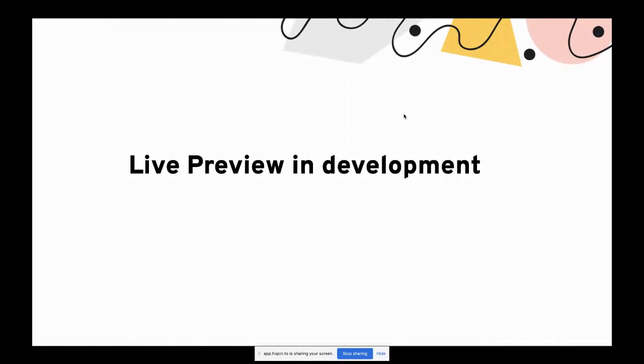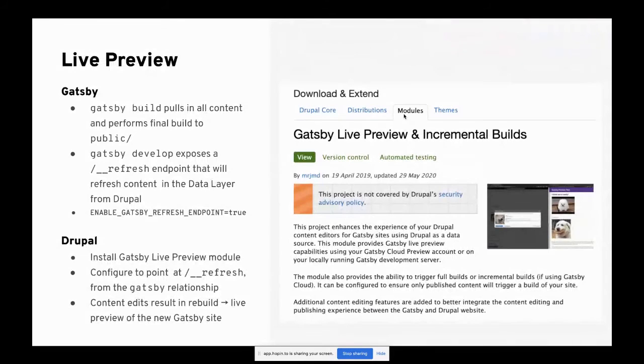So the way that this works is if you run Gatsby build for your Gatsby site, it's going to be a full build generating just the final HTML. If you run Gatsby develop, on the other hand, with this enable Gatsby refresh endpoint set to true as an environment variable, it's going to expose an additional endpoint of _refresh for that Gatsby site,